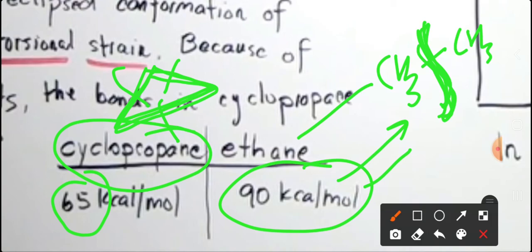The cyclopropane molecule has poor overlapping, and that's why this carbon-carbon bond is a very weak bond, and the ethane molecule is very stable. They have no deviation. Their bond angles between carbon and hydrogen are very similar to the ideal tetrahedral angle. That's why their bond is very strong. Their overlapping is very strong.